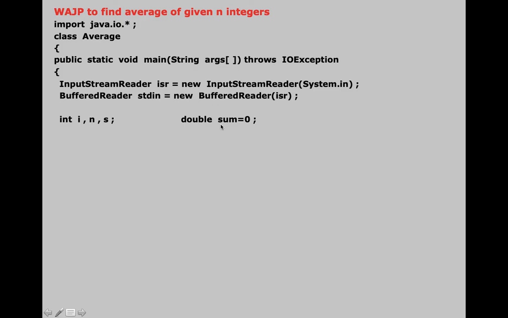Well, some of you will have a doubt in your mind that the array over here will be of n integers. So the sum of n integers should be of data type int. So the doubt in your mind could be why the sum is of data type double. Why it is of data type double, I will tell you at the end of the program. Okay, so let's move ahead.